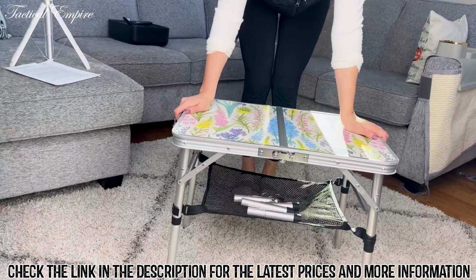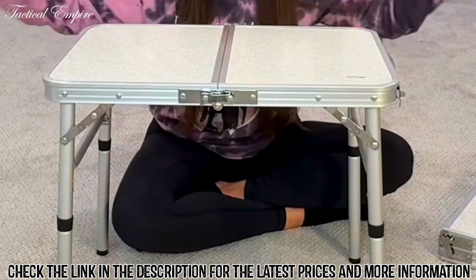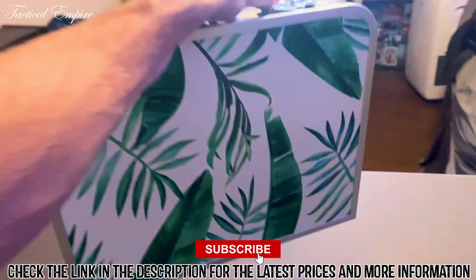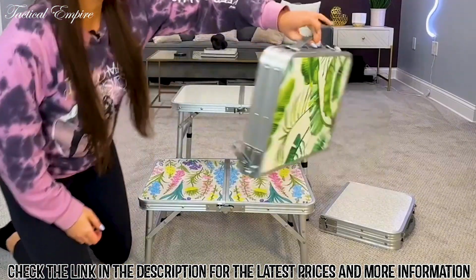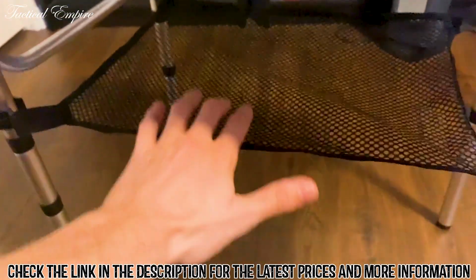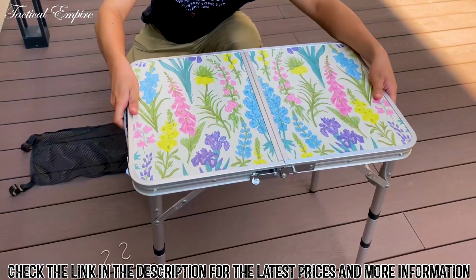Built for durability, it features a thick MDF tabletop, sturdy aluminum frame, U-shaped side supports, and secure locks to ensure rock-solid stability. Despite its tough construction, it's remarkably lightweight and folds in half for easy carrying with the built-in handle, perfect for on-the-go lifestyles. Added bonuses include a mesh storage layer and S-hooks, letting you stash gear, snacks, or tools with ease. Versatile enough for camping, hiking, fishing, or even indoor crafting and gaming, this table is a smart pick